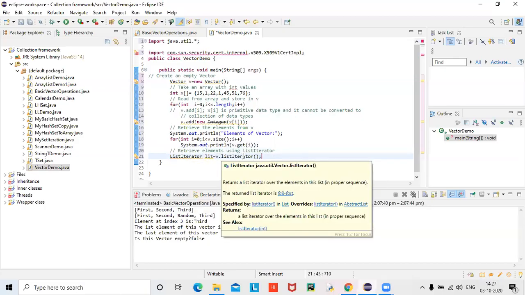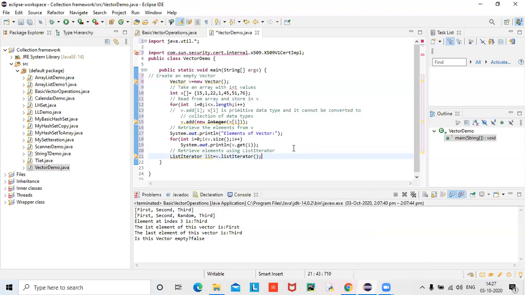In iterator also I used similar code: Iterator i is equal to v dot iterator method. Here also same story, same way of doing, but the only difference is it can display both in forward and also backward direction. Let me try this. If it doesn't work, then I will change. It will work because iterator worked in forward. This can be for both forward and backward. Some methods are there: if you want to go forward, you can use the next method; otherwise, the previous method. That is the difference.